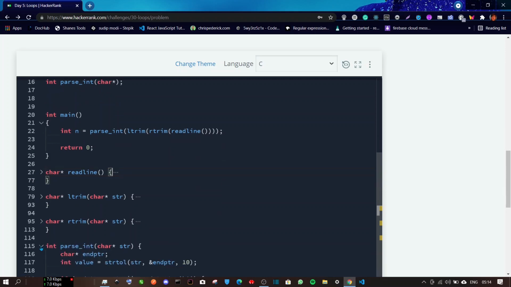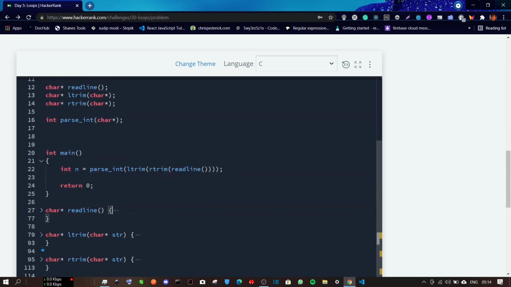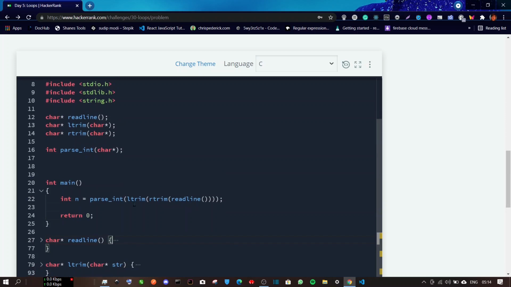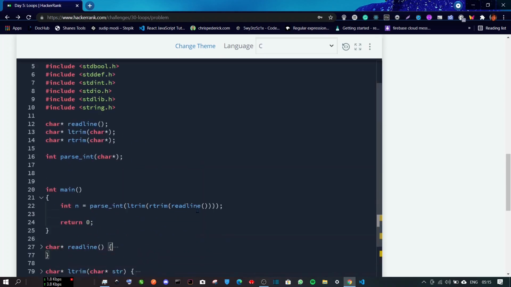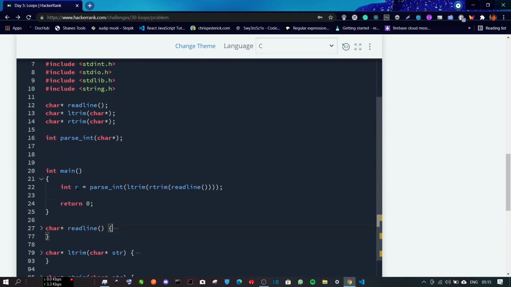Okay, so this is a pointer, this int, and we just have to write our code inside this integer main function. So integer is the return type of this main function and we are returning 0. The code for reading the input, that is the number n, has already been given here using all these functions that are declared, and we have to use this number n to write a for loop and print out the table.